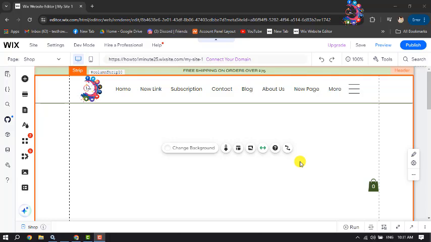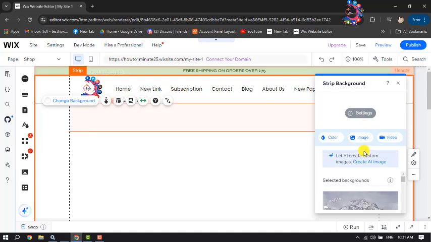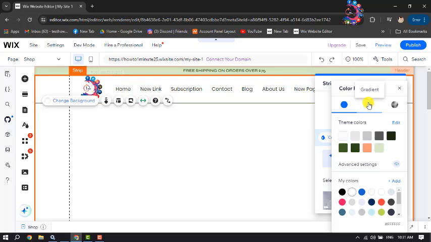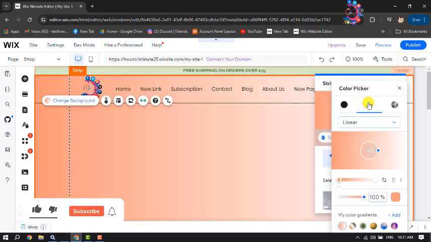First of all, let's add a gradient background color in a strip. So as you can see, I've selected my strip. Once you've selected your strip, just click on change background, and here you have to click on color. Now you have to select gradient, and to change your gradient,